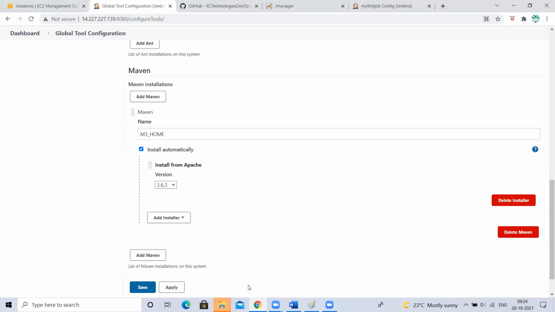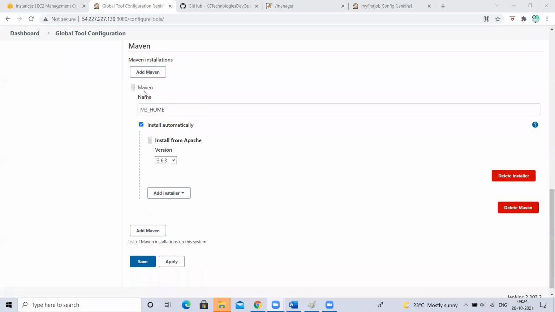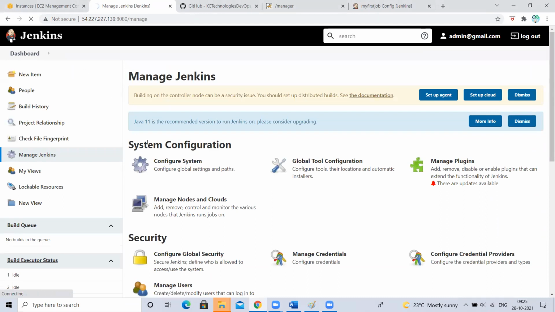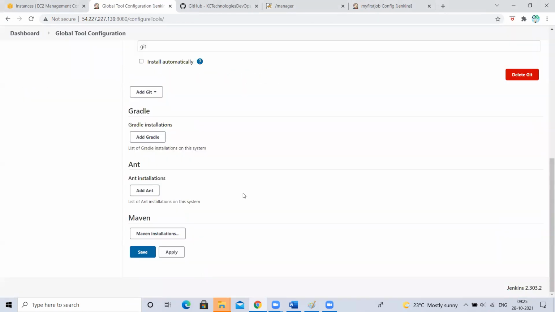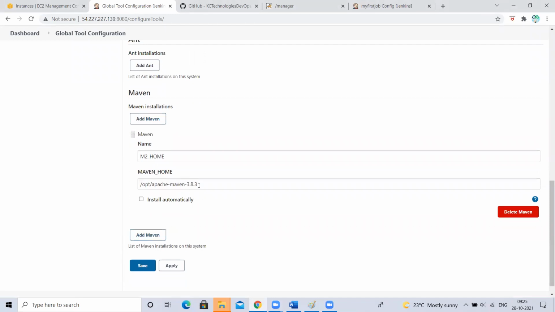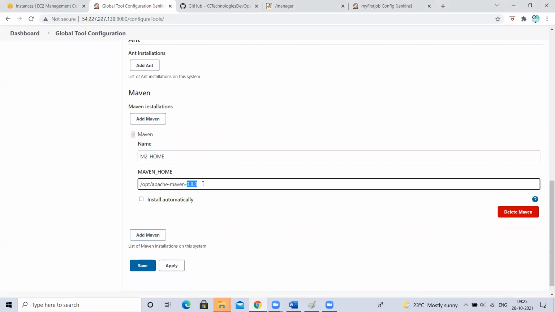Understood, guys? Maven itself will download. Now, not only one Maven, I can have multiple Mavens. For example, I have one Maven, which is of 3.8.3.